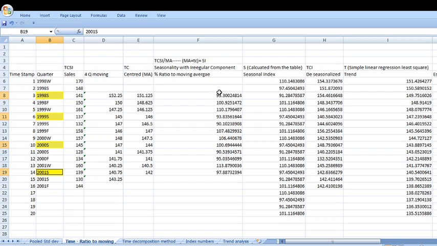So I take all these values together: 93, 93.83, 100.69, and 97. So the average of this is 96.42, which will become just the seasonal component, because in this component, the